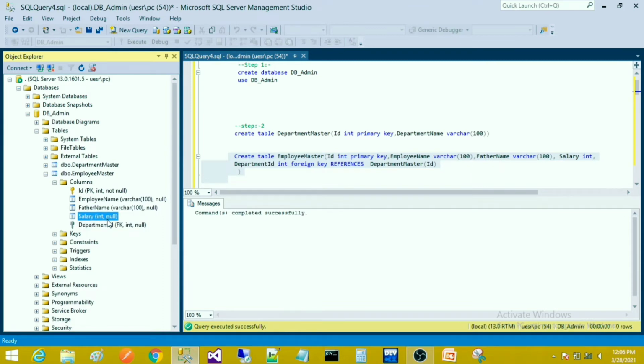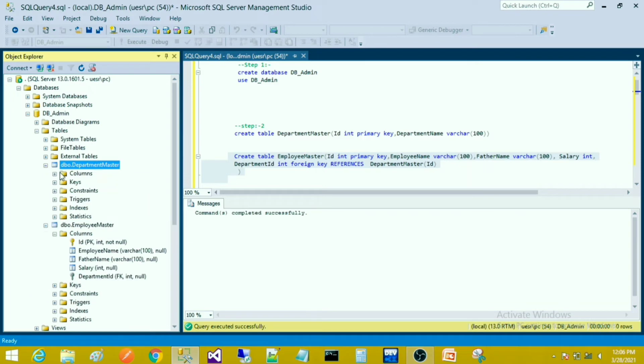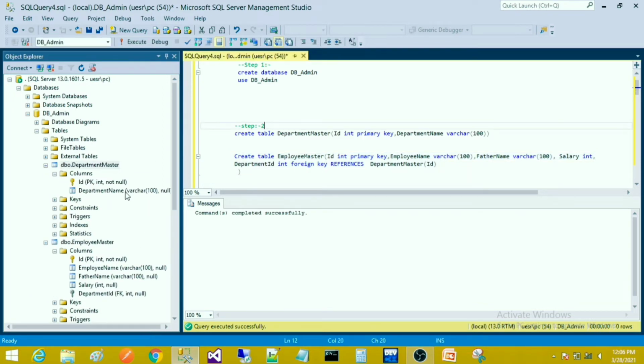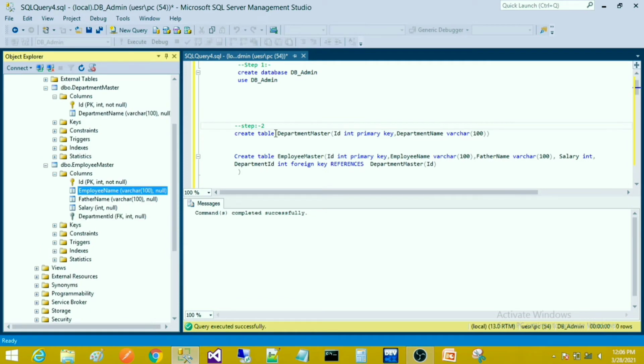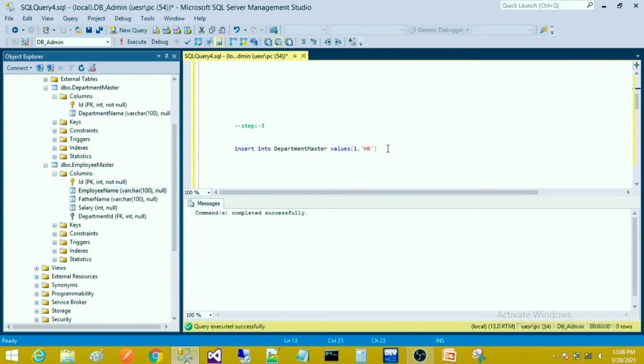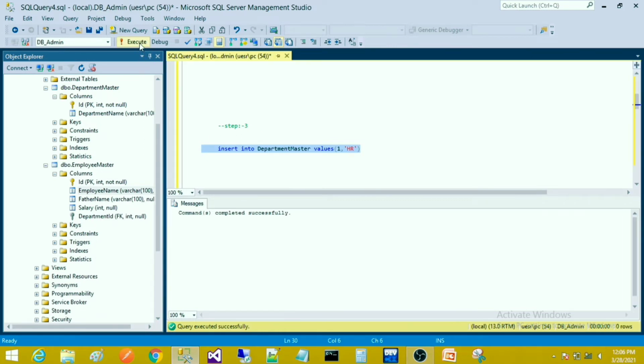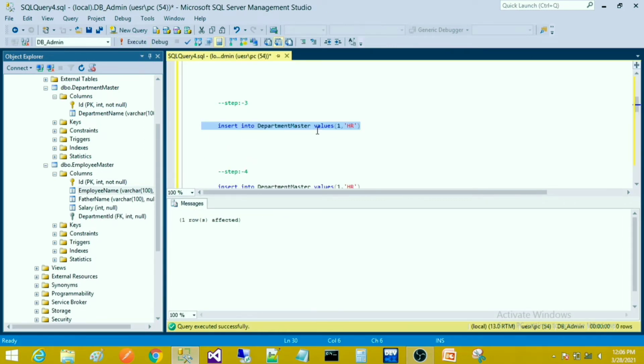Let's insert the data into the table using query into the department master table. Insert into department master 1 for HR. As you can see, first record is inserted, and again if we will store the data with the same ID,